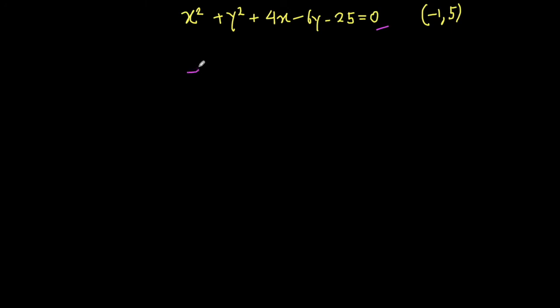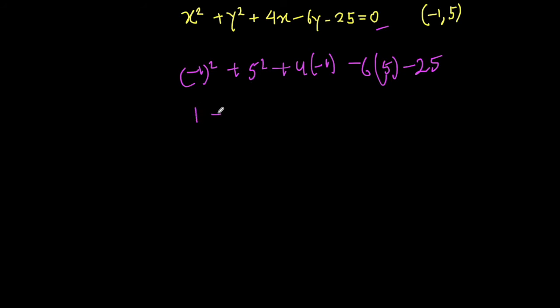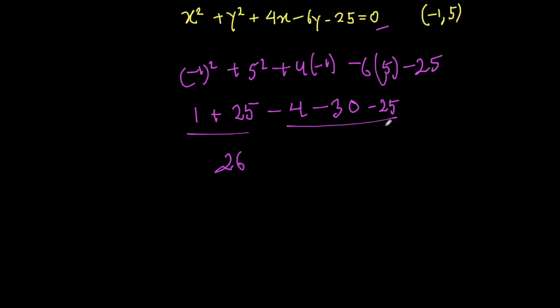So let's put (-1) whole square plus 5 square plus 4 times -1 minus 6 times 5 minus 25. Okay, we are going to check. This will give you 1, this will give you 25, this will give you -4, this will give you -30, this will give you -25. Okay, this will give you 26, and this, if you use the calculator and try to find it, you will get here